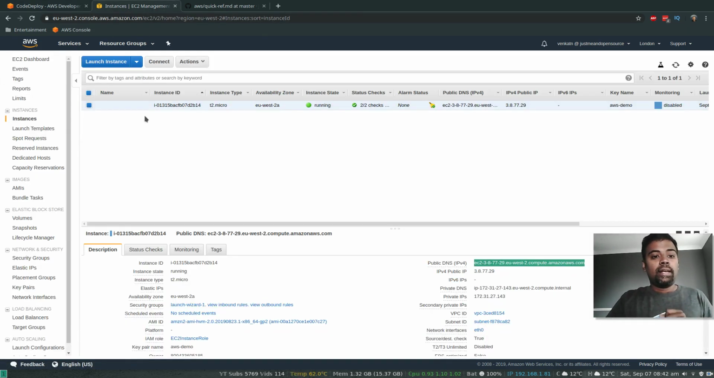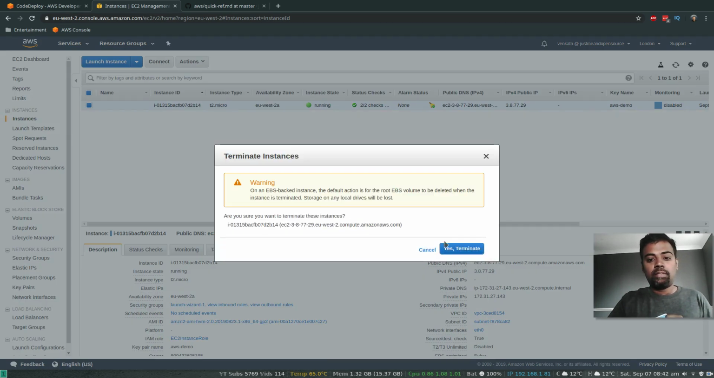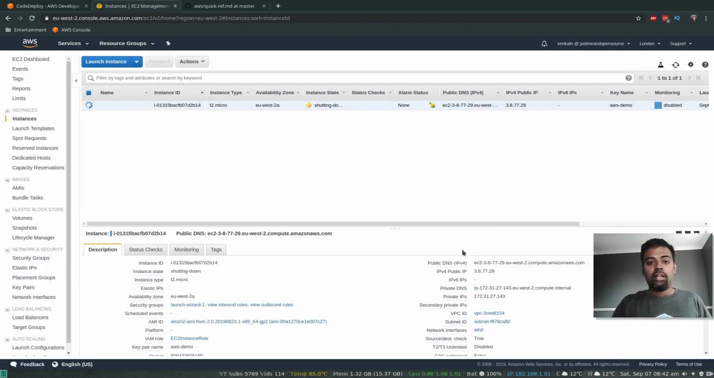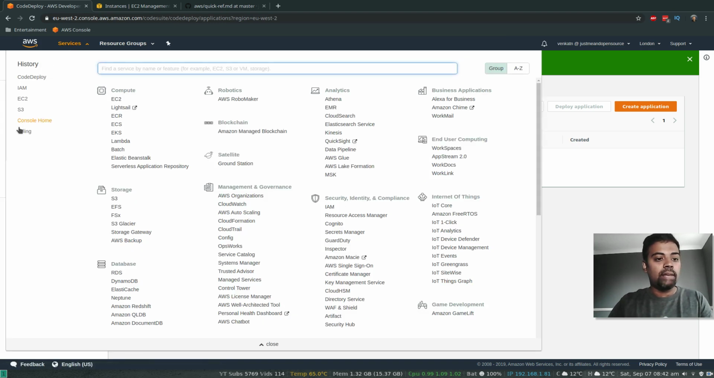And the EC2 instance, let's delete the EC2 instance. Instance state, terminate, yes, terminate. In the EC2 dashboard, we also need to delete the security group that we created, but it won't let us delete the security group unless the EC2 instance has been completely terminated. So while the EC2 instance is getting terminated, let's go ahead and delete the roles and the policies that we created for this demo. So go to IAM,